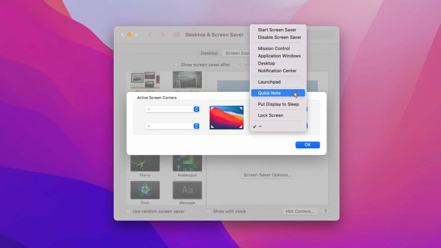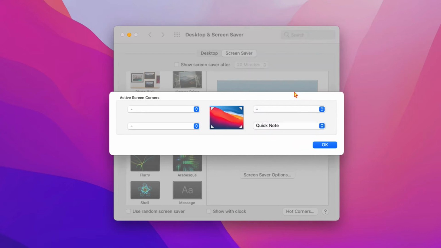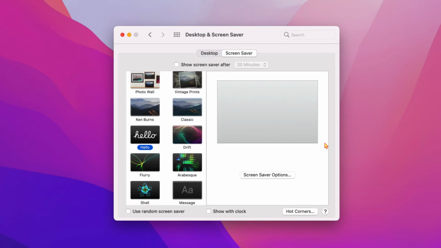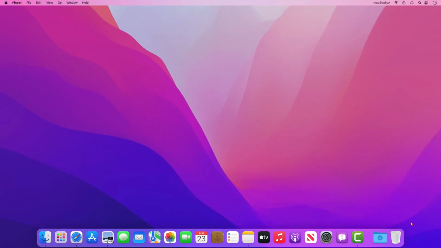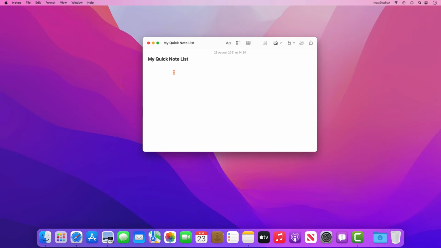After clicking on the Hot Corners button, select the corner of your screen to use to launch QuickNote. I'll choose the bottom right hand corner of my screen, and after clicking on the drop down list, click on QuickNote. Now anytime the mouse pointer is dragged to the bottom right hand corner of the screen, QuickNote will be launched.